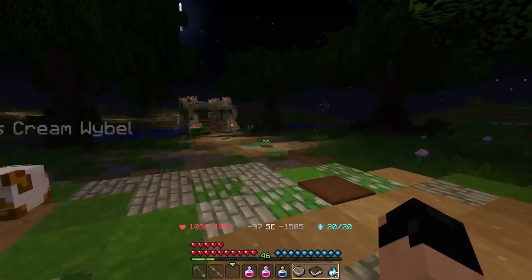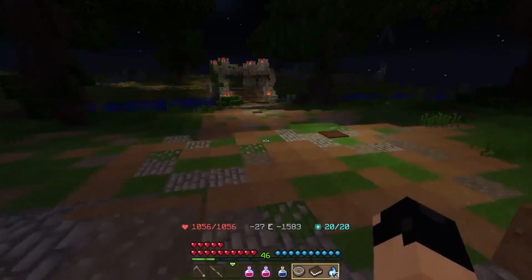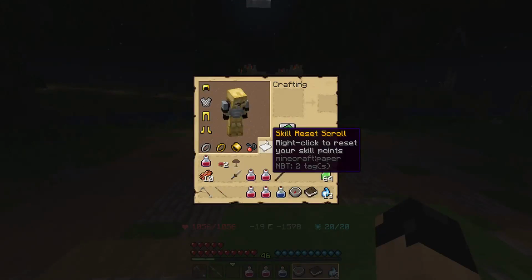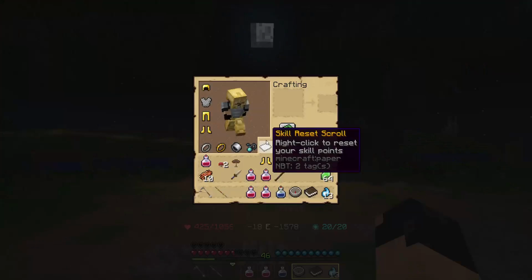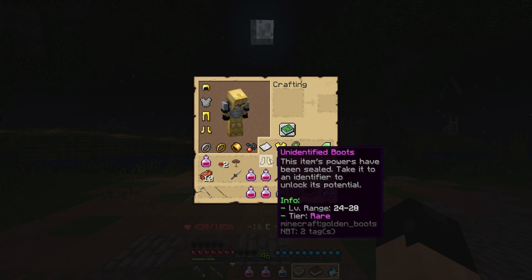Let's go ahead and go into the menu. Don't get scared about it. There's a lot of stuff, but I'll try to go over it the best I can. So you obviously got your armor slots, right? That's one of the first things. You have your armor slots. And then after that... Ooh, a little bit of lag here. Okay. And then after that, you have your